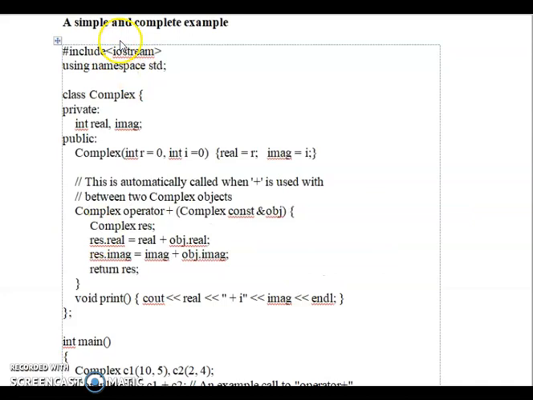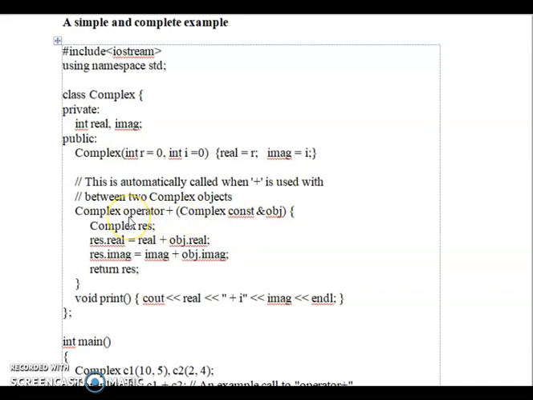This is a sample and complete example program for the addition of two complex values. Here we create a class named Complex. We have used a real number and an imaginary number. In public we declare real equal to 0 and imaginary equal to 0, and we assign r for real and i for imaginary. These are automatically called when plus is used between two complex objects.